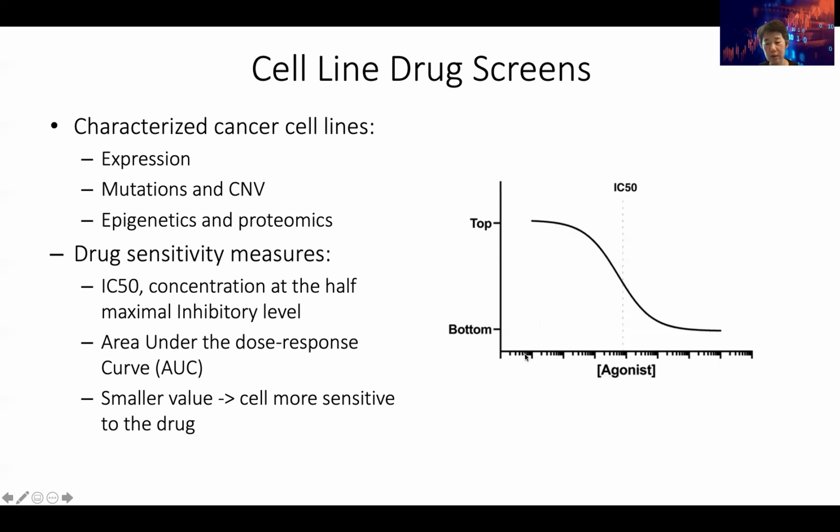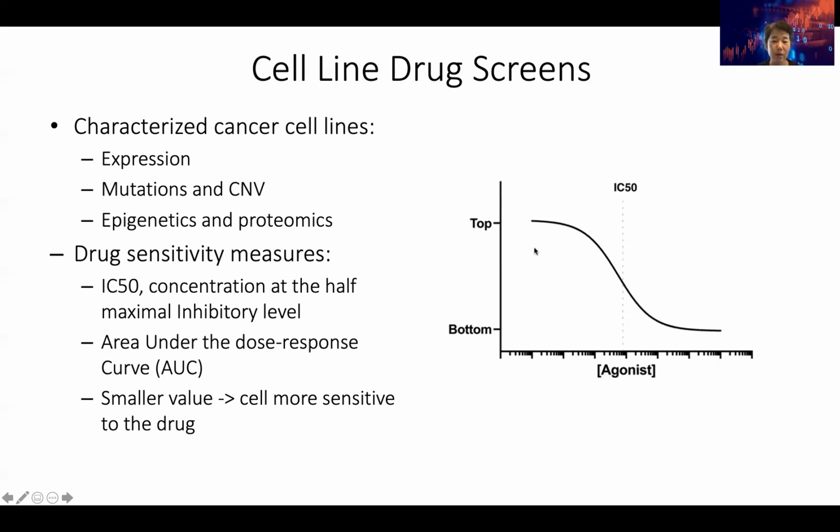And when it's treated with concentrations from low to high, this means that when the concentration of the drug increases, eventually a lot of cells will die. For example, salt is not really a cancer drug, but if you treat the well with a lot of salt, eventually those cancer cells will die. And so you will generate a curve like this. And so in this 386 well plate, in one well, the cell will be treated with low concentration, then the next one will be medium concentration, next will be a higher concentration, and the next will be the highest concentration of the drug. And after that, we look at the overall cell growth, and then we come up with this